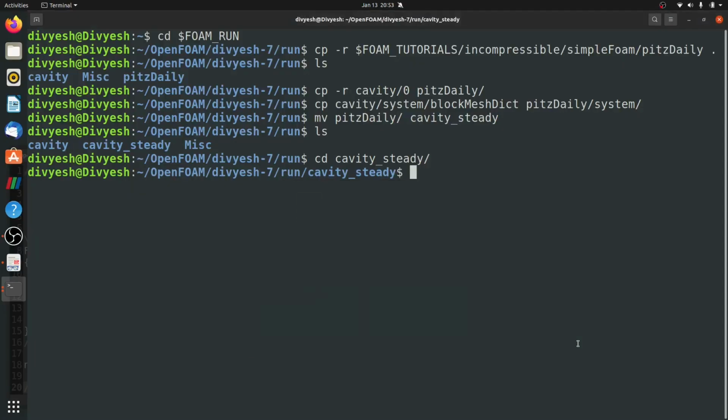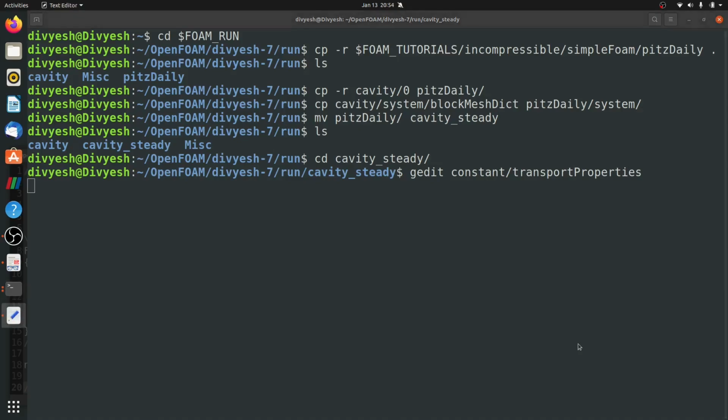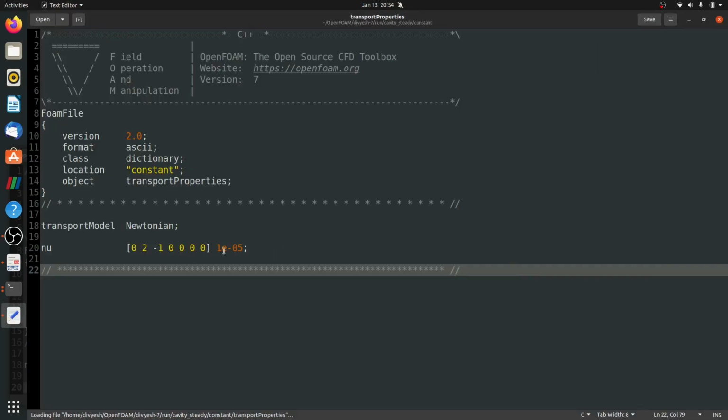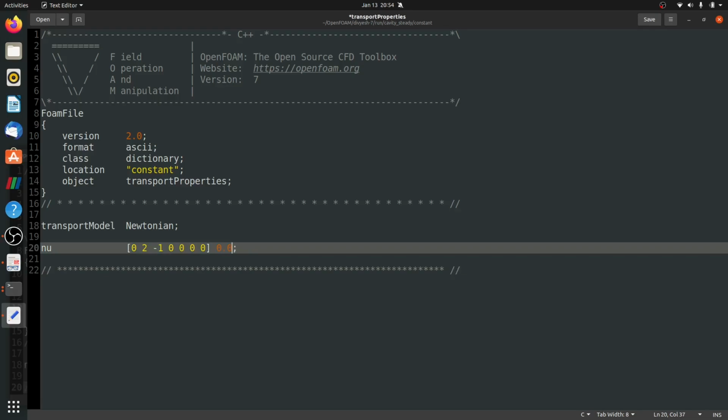To do that, I'll type gedit, then constant, then transportProperties, hit enter. As you can see, the file has a different value. I'll change it to 0.01, save the file, and close it.